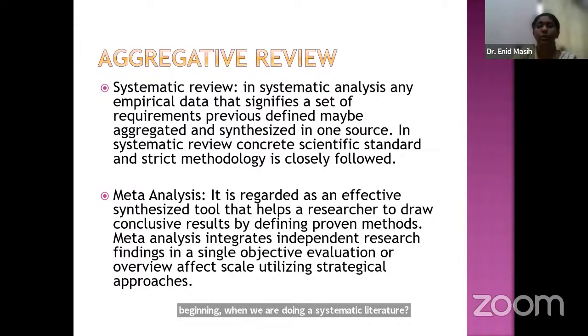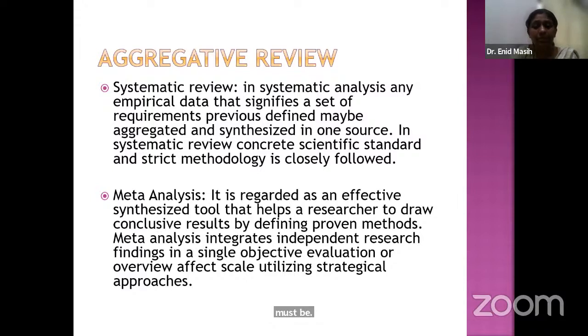So every method we are going to use in a meta-analysis must be properly checked, properly proved, properly gone through, and tested many times, so that the results of the analysis done through a meta-analysis can be evaluated properly, so that the objective evaluation or the overview effect of scale, utilizing strategic approaches, whatever approach we are putting in the work, must be fulfilled, and that the results, whatever,